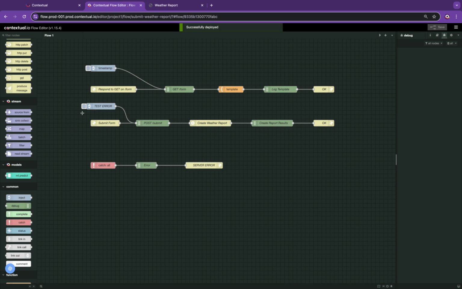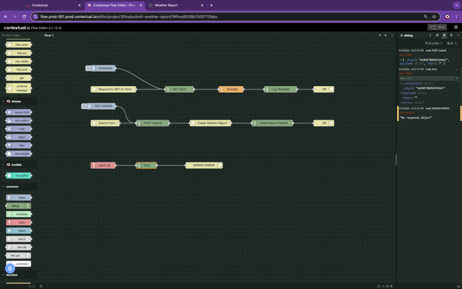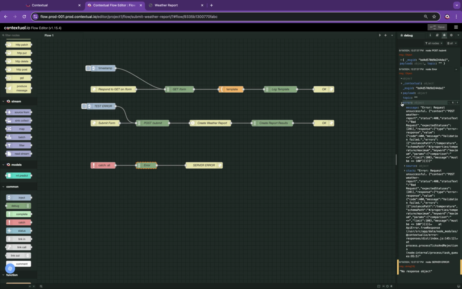I'm going to push the button, and you're going to see on the right-hand side now that we got the log output from post/submit as expected. And now also as expected, we got the log output from the error log node. And if I open this up and open up the details of the error, you're going to see an error